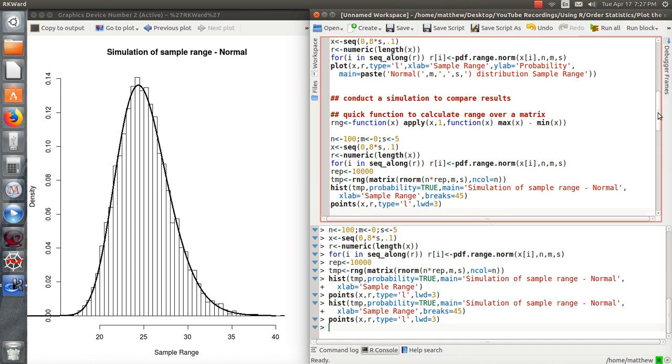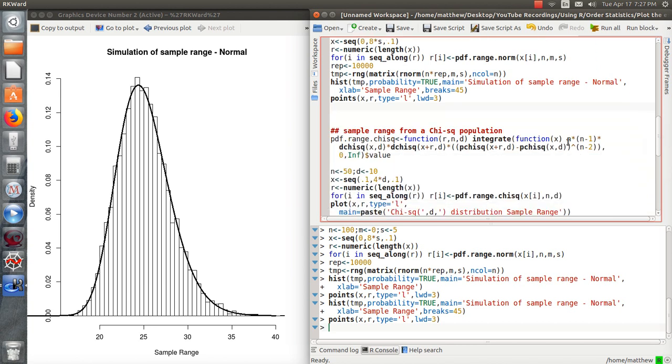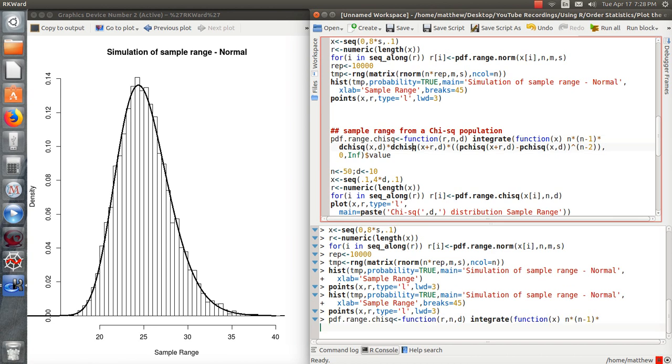We used the normal, but now let's do it for the chi-squared. So this function here is exactly the same, except for these functions here. Instead of saying dnorm, it says dchisq, dchisq. Otherwise, it's the same. Oh, except for the parameters. In chi-squared, you need degrees of freedom, and in normal, you need the mean and the standard deviation. So there's another difference. So let's load this function,